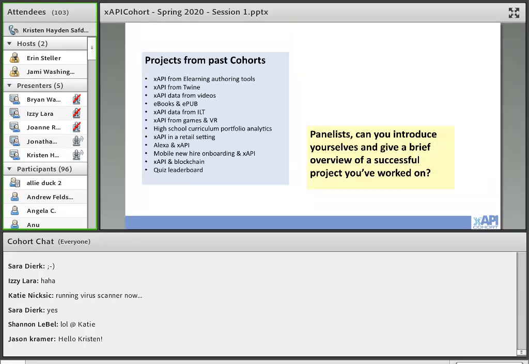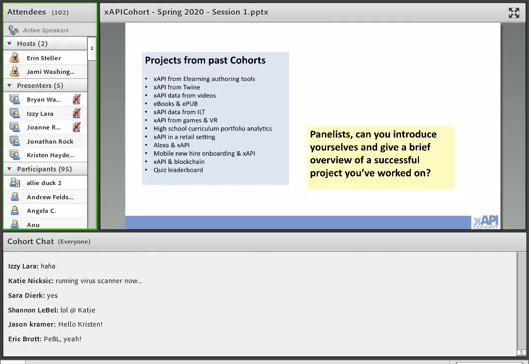But it's a code base, basically, that you can use to take an ebook and make it interactive, and not just make it interactive, but also send xAPI statements. So I think our overall project was wonderful and perfect in every way, but the thing we got most out of, at least for myself, was we